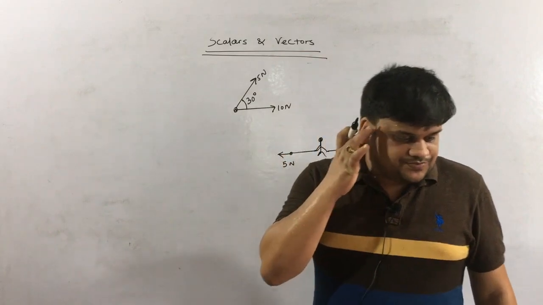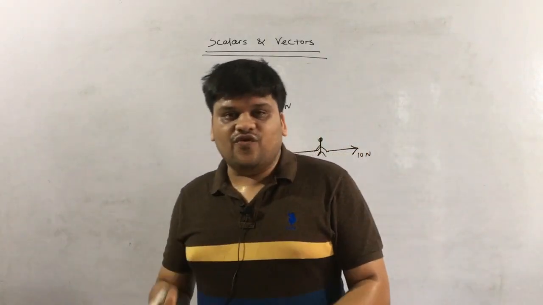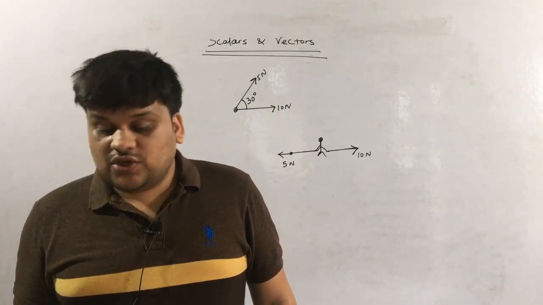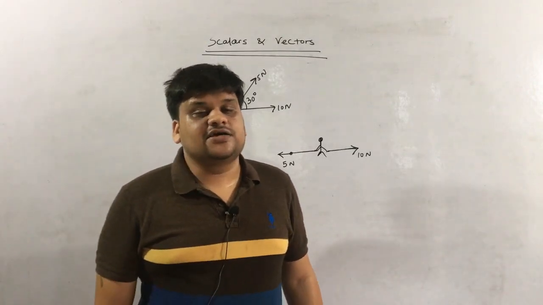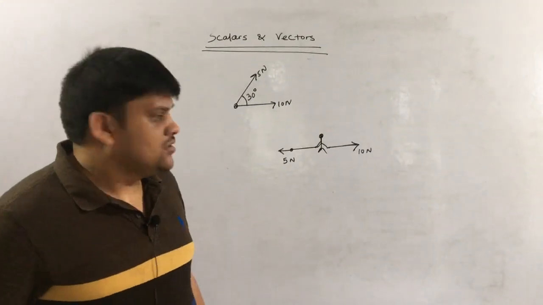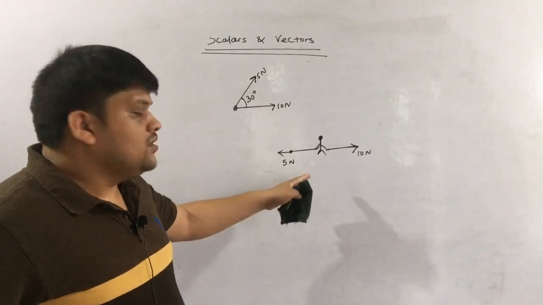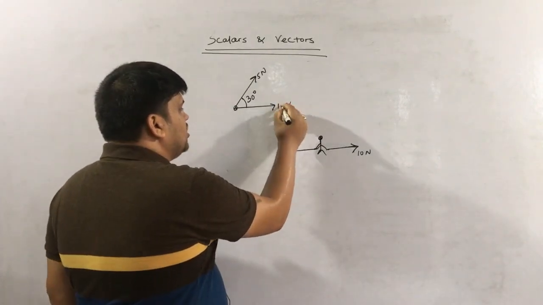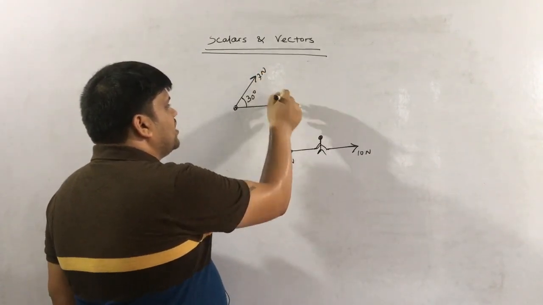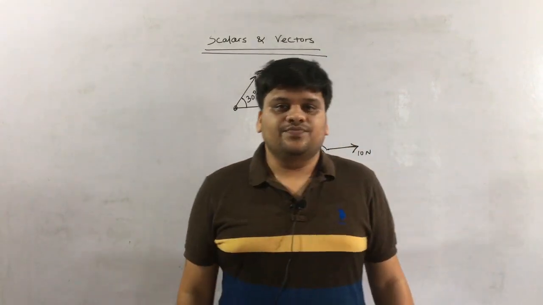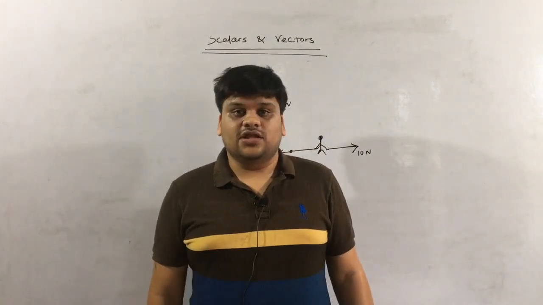It means when you are dealing with force, which is a vector quantity, you cannot add them algebraically. Algebraically means general addition. You cannot do general addition. 10 plus 5 you cannot do here. Or if it is 12 and 7, you cannot just say the net force is 12 plus 7 or 12 minus 7 like that. There are some particular rules.